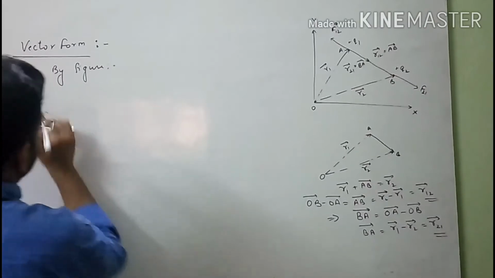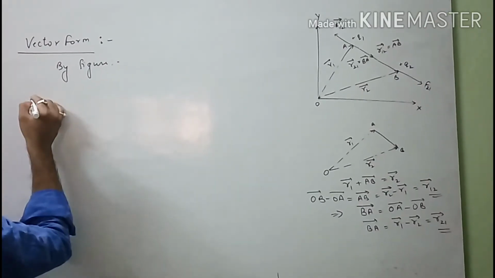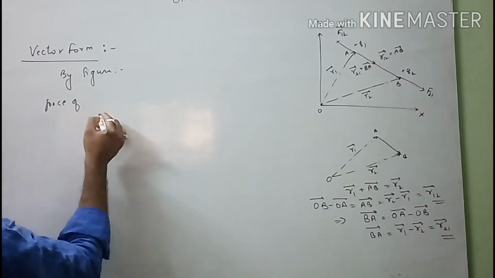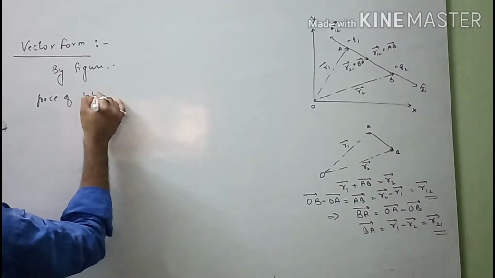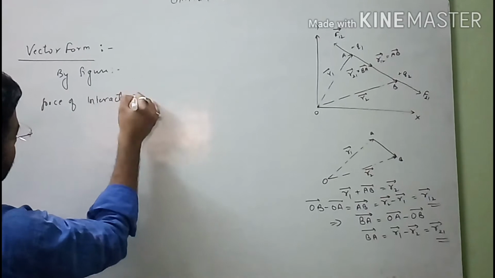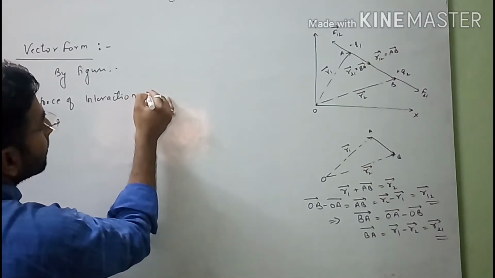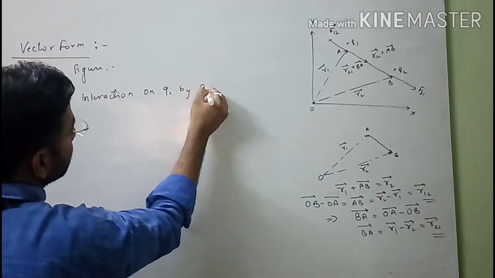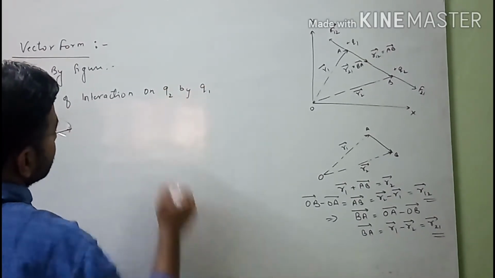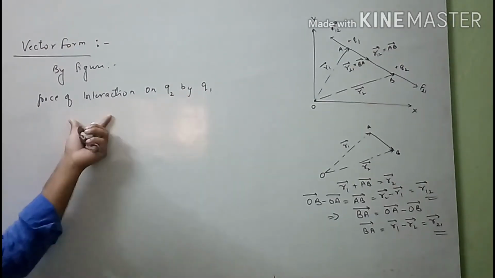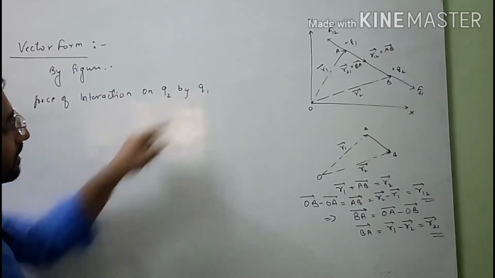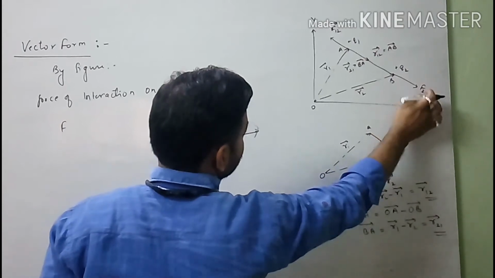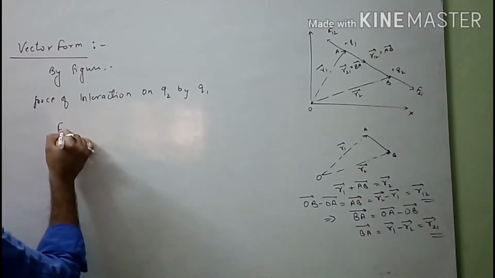So first, for charge Q1, we can say that the force of interaction, or electrostatic force of repulsion, on Q2 by Q1,